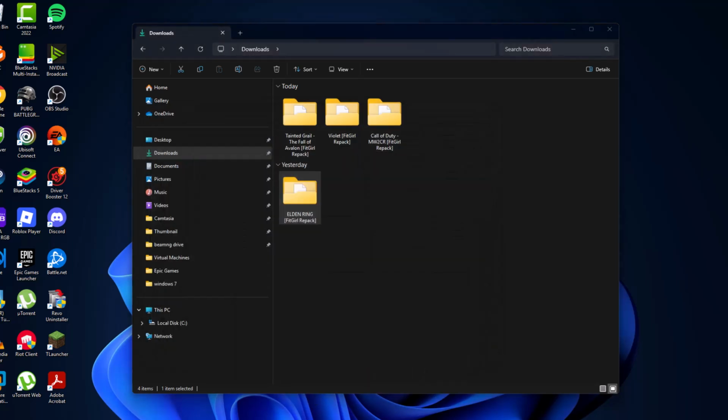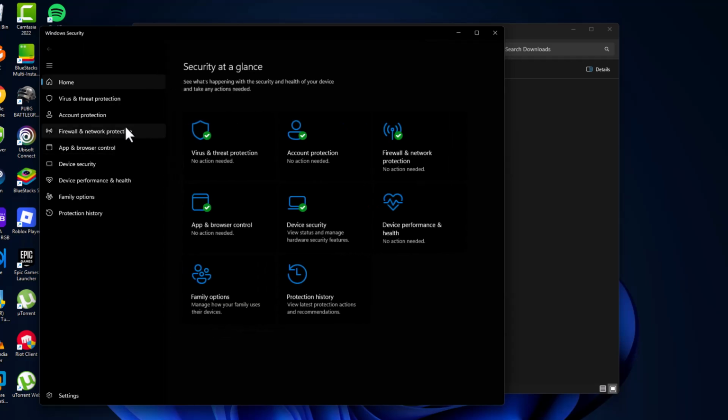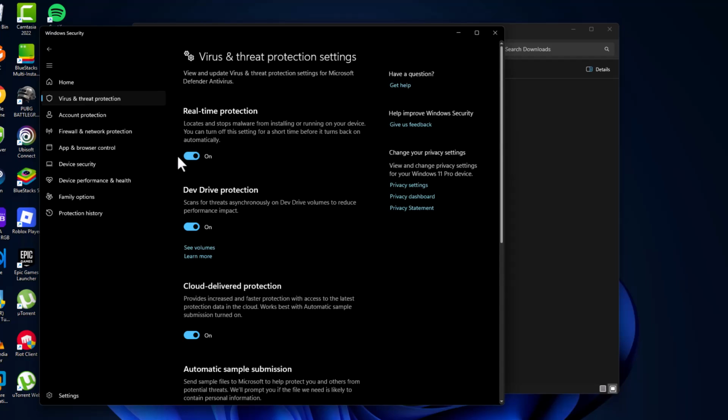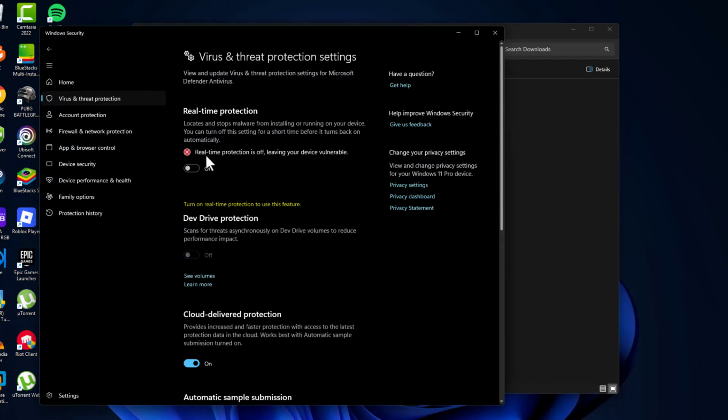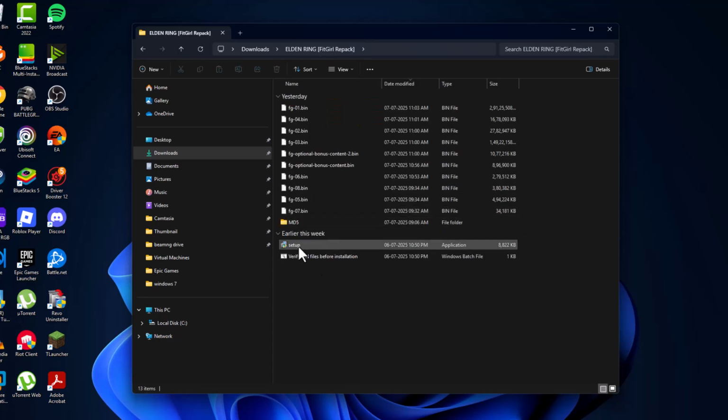And then go to search menu and type Windows Security. Click on open it. Select the virus and threat protection and select manage settings. Turn off the real-time protection. After turning off, just minimize this page, and double click on the setup folder, double click on setup and